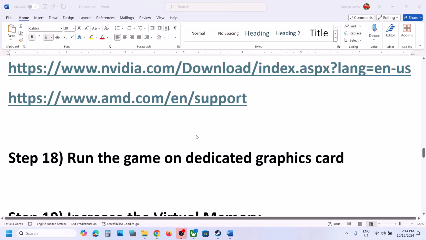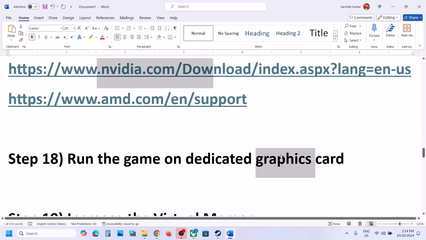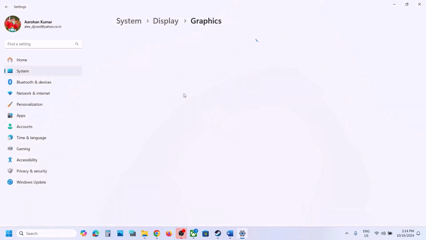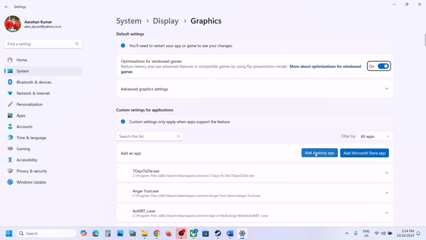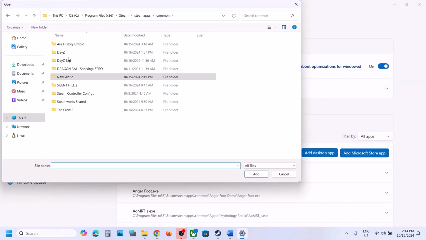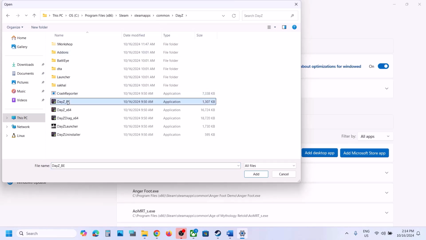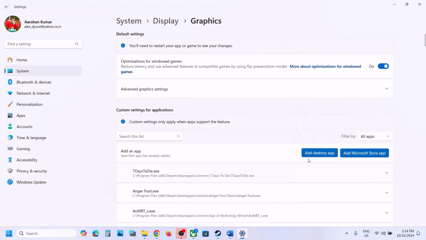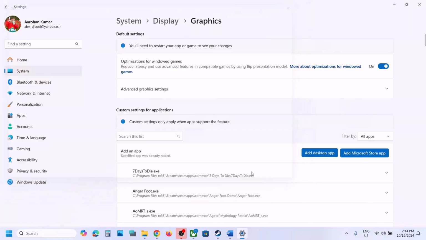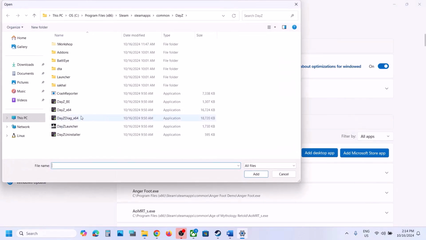Now the next step is to run the game on dedicated graphic card. Now for this you can type in graphics settings in Windows search box and then go to graphics settings and then click on add desktop app, and then you can select all the exe file from the game installation folder. Select all the exe file, click on add, again click on add desktop app, select all the exe file,